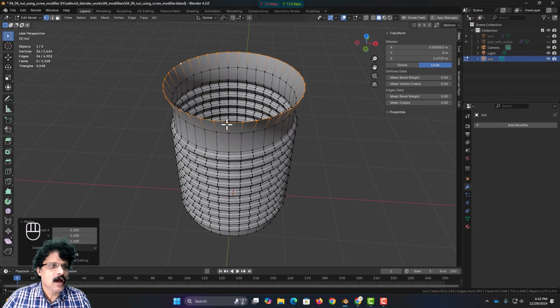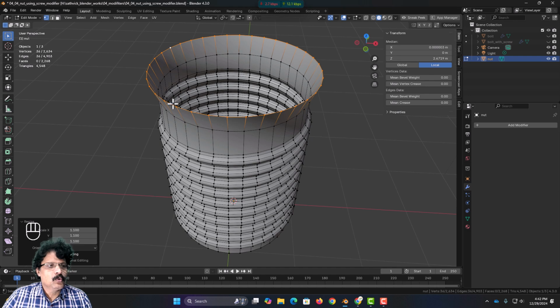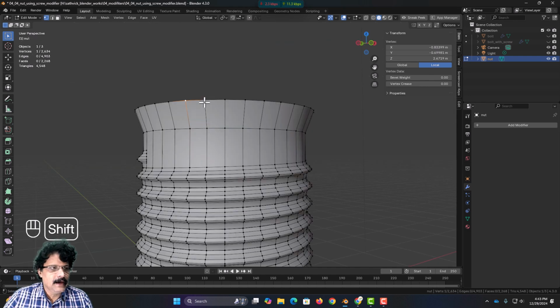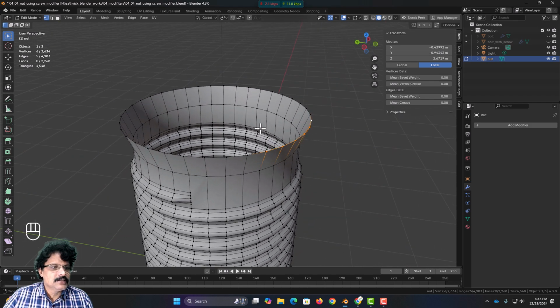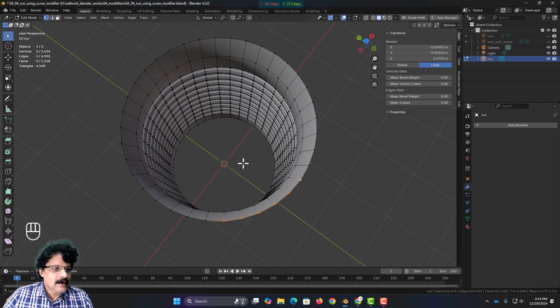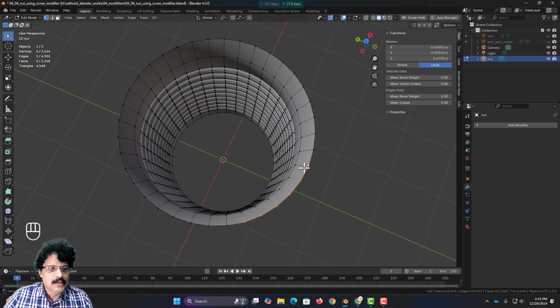Now just like last time, I have to convert this into a hexagon. Starting from here, 2, 3, 4, 5 and 6 vertices. So I will select these 6 vertices, and right now this is curved in shape, but for a hexagon shape